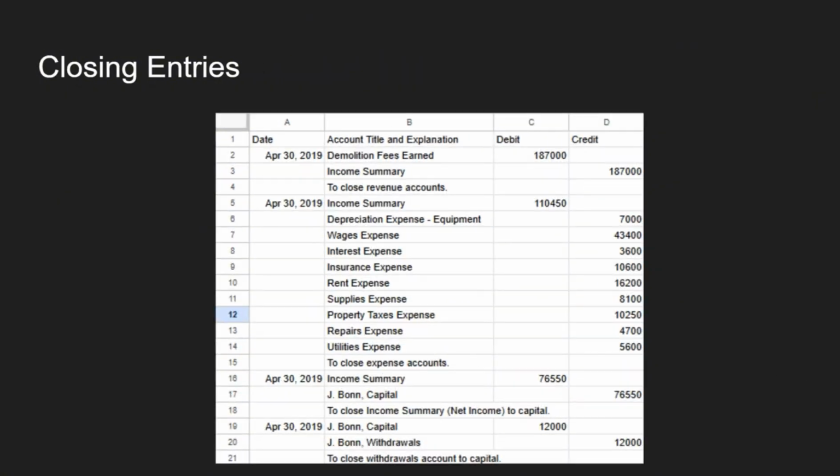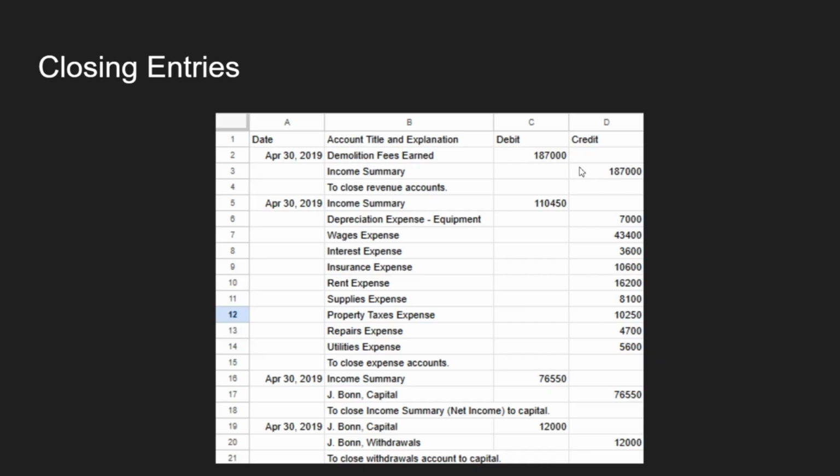Finally, it's the closing entries. Closing entries are made to reset a company's progress so that they can track from a time period or the end of the year to know how a company is doing yearly. By resetting the process, you are resetting the revenue account, the expenses account, the capital and withdrawals accounts. You do this by